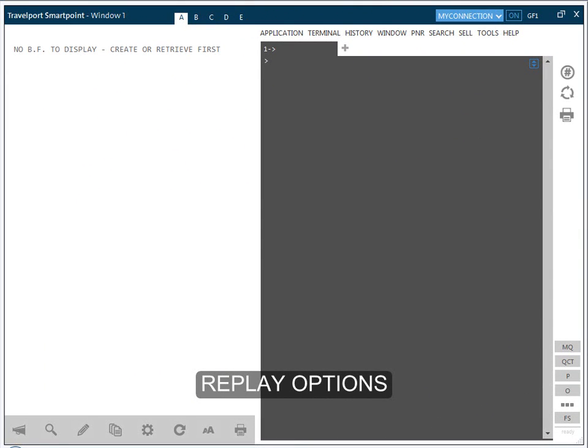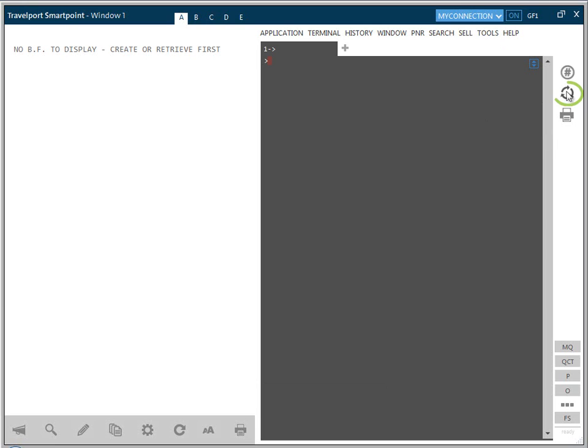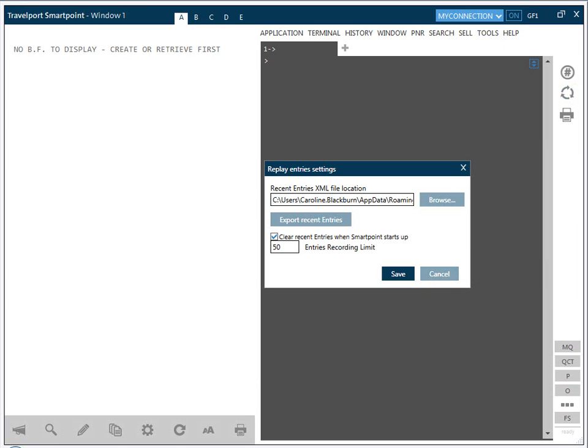The replay tool captures the terminal entries you make. You can replay these entries by simply selecting the entry and clicking Send. Replay is accessed from the Tools menu item. Alternatively, from the icon situated beside the terminal window, click the Options button to view the replay settings. The Replay Recent Entries file location is shown, and under this you can export the entries and save to a